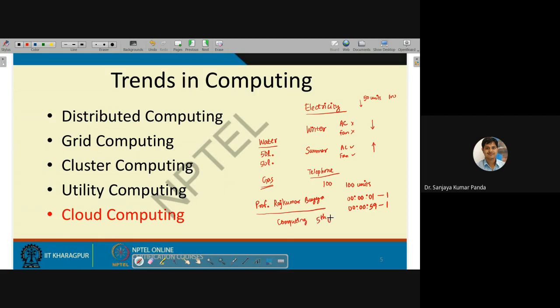Like we consider electricity is one utility, telephone is one utility, water is one utility, gas is a utility. So computing is the fifth utility system, right? So nowadays also, government always encourages students and faculty members